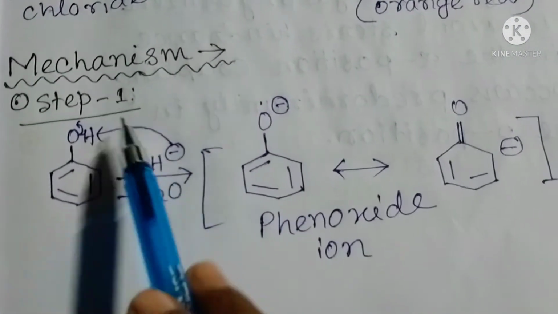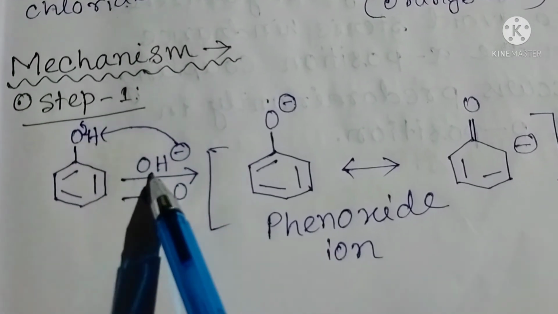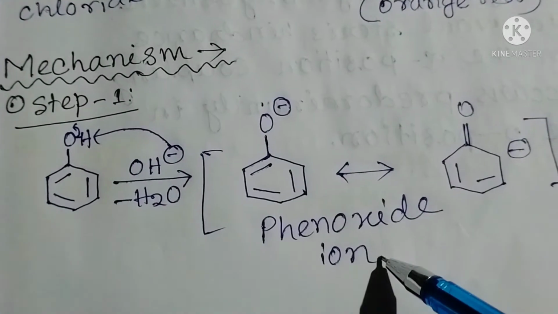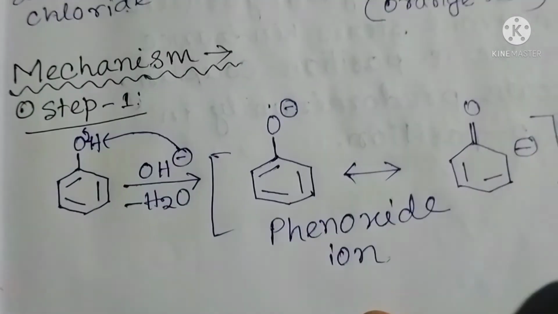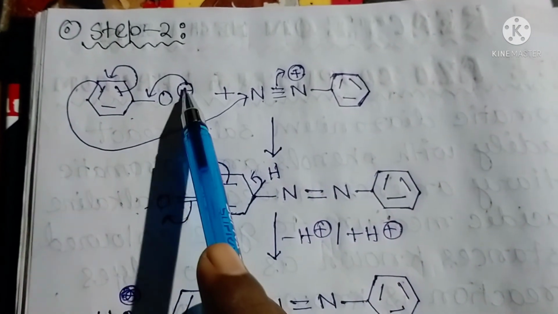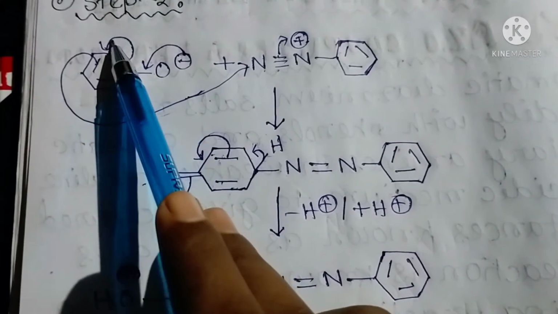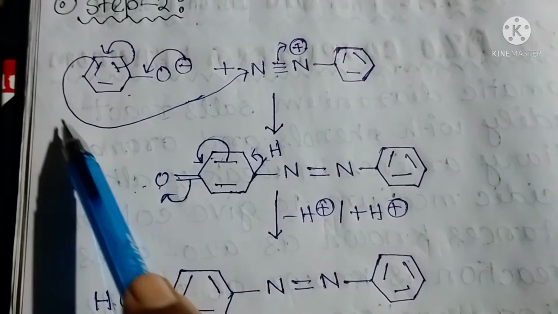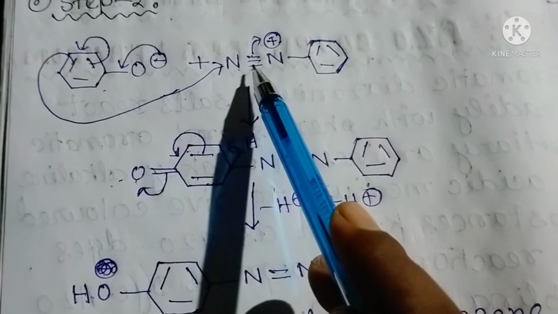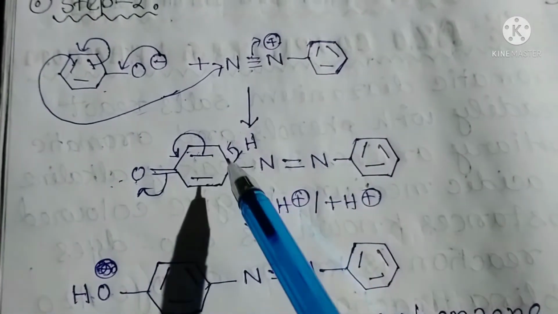In step 1, the phenol reacts with OH minus and this hydrogen is abstracted by OH minus, and as a result we get phenoxide ion. Now in step 2, what happened? This phenoxide ion reacts with this. Now this negative charge shifts from here and this double bond shifts from here to here, and this double bond attacks this nitrogen, and from this triple bond a bond shifts from here to here, and as a result we